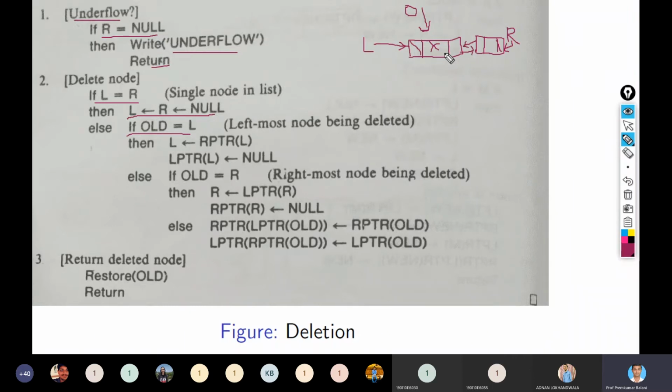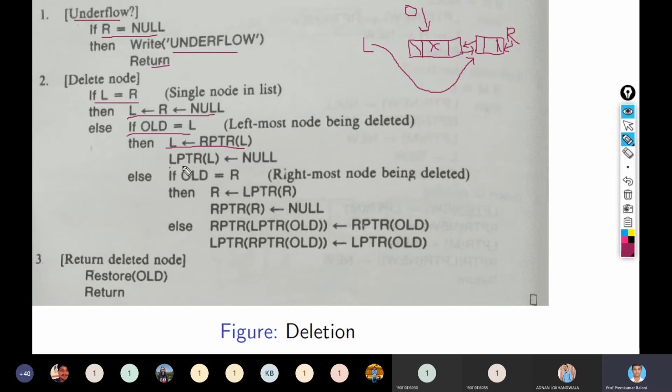Now suppose the node which is to be deleted is pointed to by the old pointer, and if it is the first node, then what we need to do, right? After the deletion, only this node must be there and L must be pointing to this node. So for that, L equal to right pointer of L. So now L is pointing to this, and after this it would be updated such that L is equal to the right pointer of L, right?